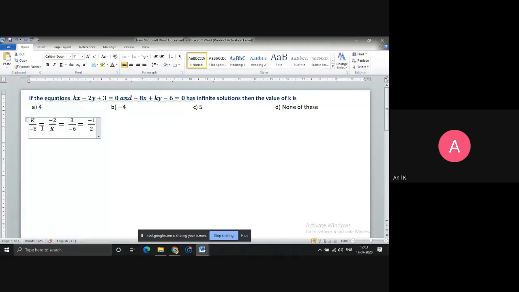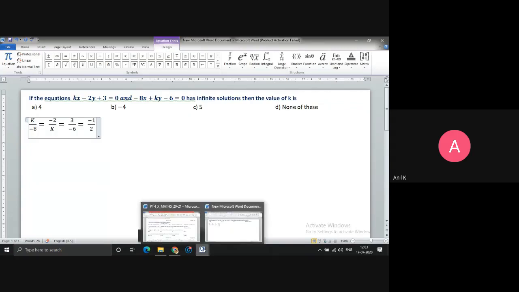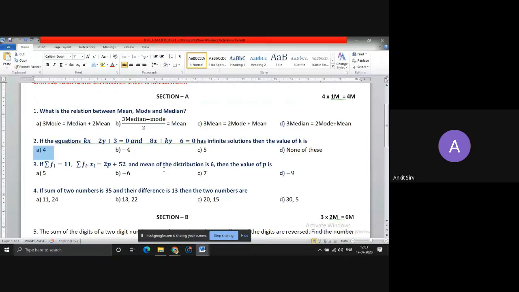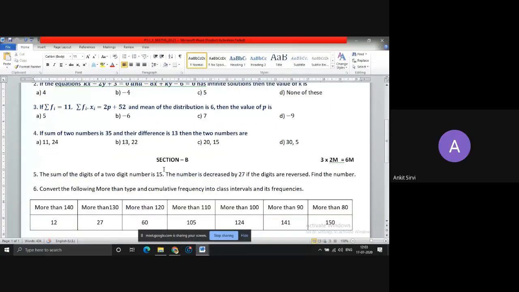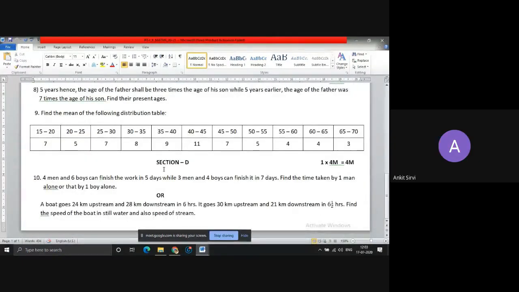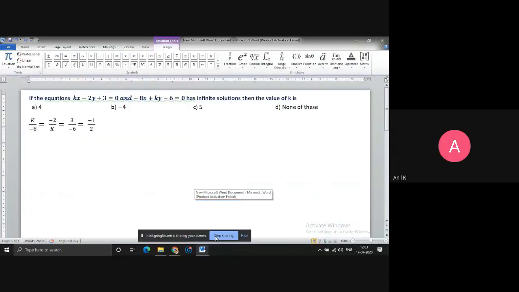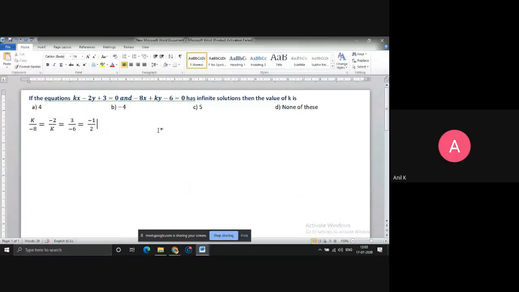So this was the mistake most of you have made. I think only 2 students have written +4 correctly. Next questions, I think everybody has done correctly, most of them. I don't know, for this 10th question, 3-4 students did not even attempt it. We already discussed in the class: do not leave any question without attempting it.